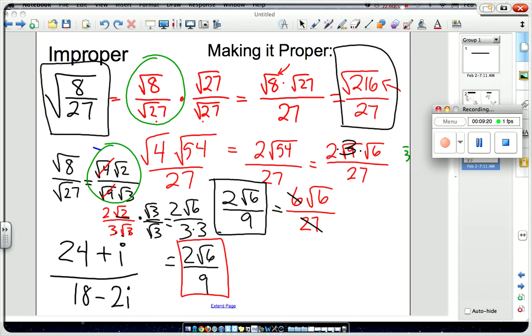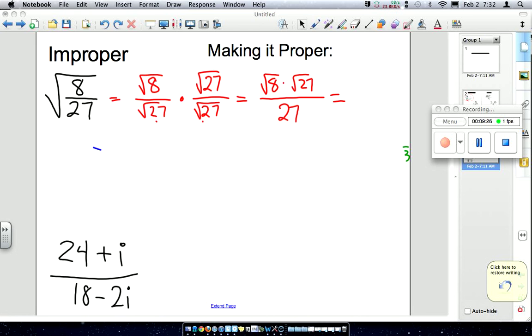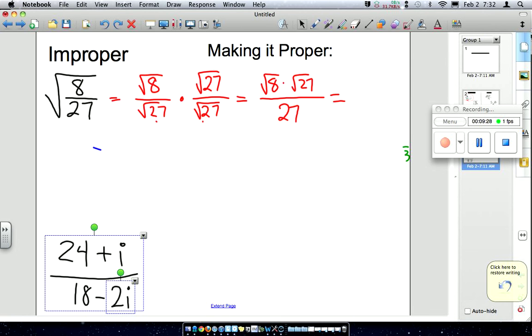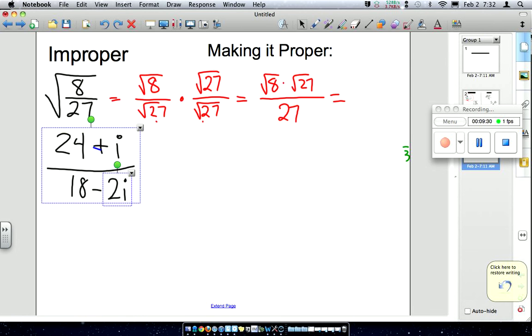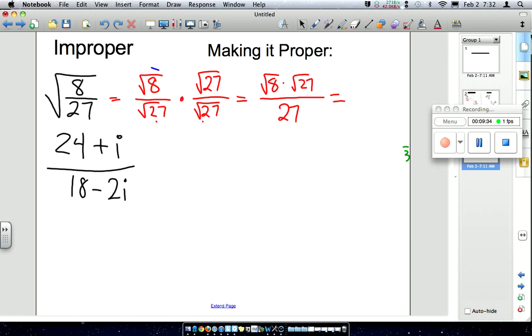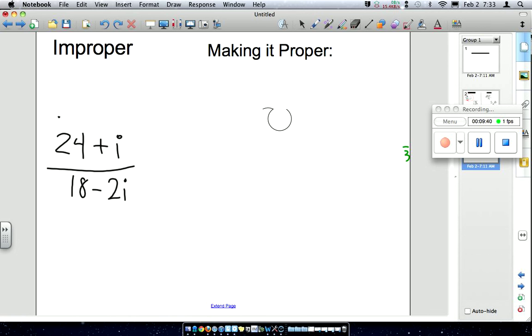So we're going to take a look at this last example with the i's and how to simplify that. So let's take a look here at the one with the i's. This one's similar to the first example that you saw here. I'm going to multiply by the conjugate. So I'm going to times top and bottom